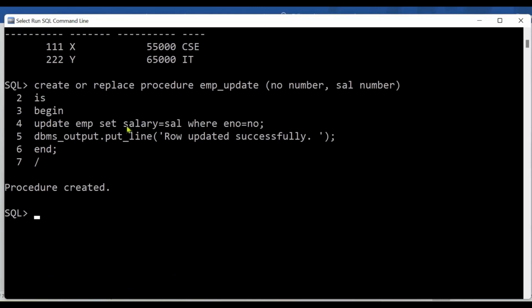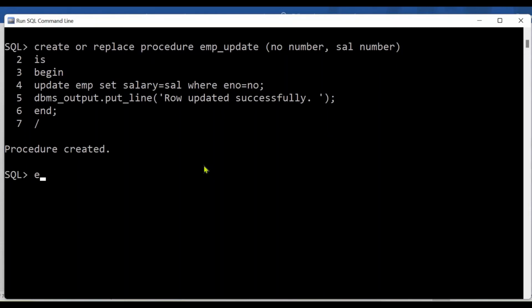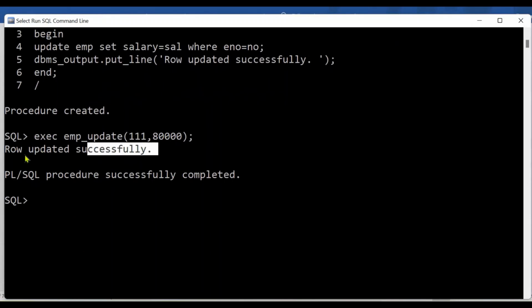So here I am going to set the salary to the new salary where employee number is this. So this time let's execute it. I want to update the salary to 80,000 where employee number is 111. Oh sorry, employee number is first. Make sure you are providing the values in the same sequence. So I want to update the record of 111 with a new salary of 80,000, then a semicolon. So the row is updated successfully,